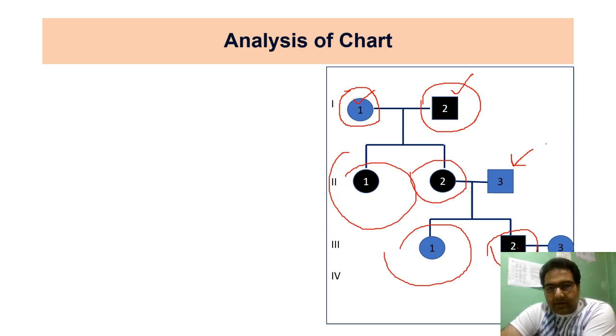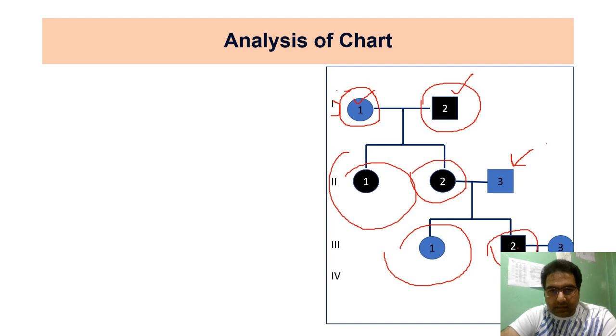So by this representation, we can analyze the chart, depicted by the lines and by the symbols. We can see that this is a pedigree chart. When we talk about this very pedigree chart, each generation is identified by a